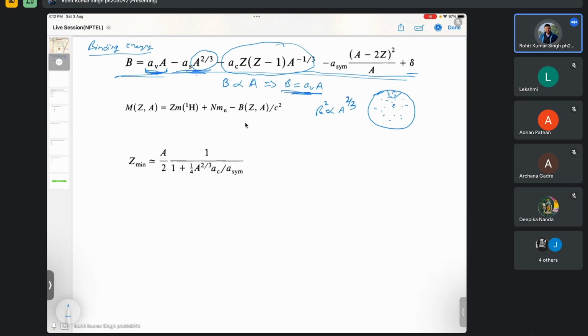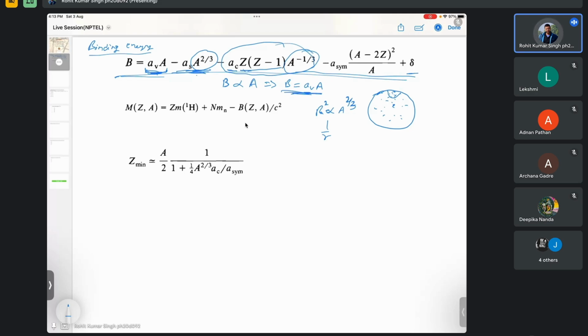That's why this term Z(Z minus 1) is there, and this is the Coulomb constant called AC. And we know that the Coulomb potential goes like 1 by r, so that's why the minus 1 by 3 is there. Okay,